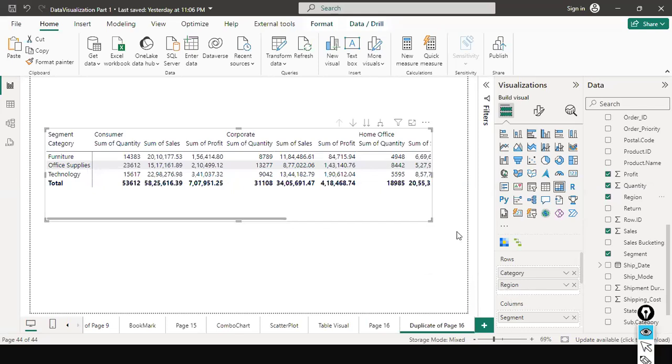The moment I drop the region column, what happened? How many of you noticed that just above the visual, you can see these four icons got enabled. Up arrow, down arrow, two down arrows, and two down arrows, but slightly different, right? It is different from this one. This is called drill up, drill down options. These are the drill up, drill down options, the icons got enabled the moment I included an additional dimension